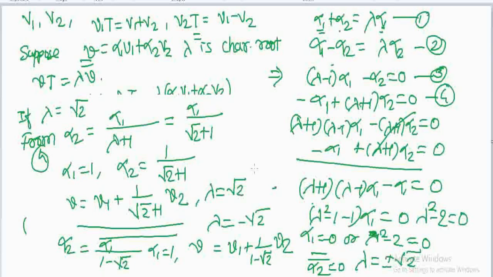So like this, if we have vectors and we have a mapping T defined like this, how this works here for two vectors: T of v1 equal to v1 plus v2 and T of v2 equal to v1 minus v2. We can calculate the corresponding characteristic root and characteristic vector. For the characteristic root 2, you can see how we have obtained the root 2. We get this characteristic vector, and corresponding to this characteristic root, we get these characteristic vectors.